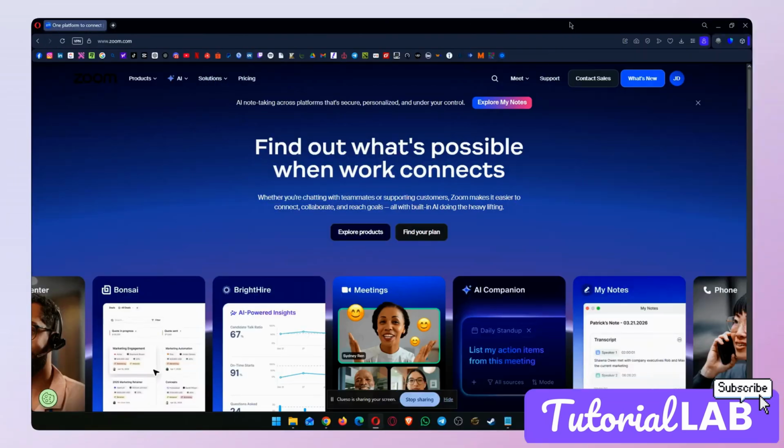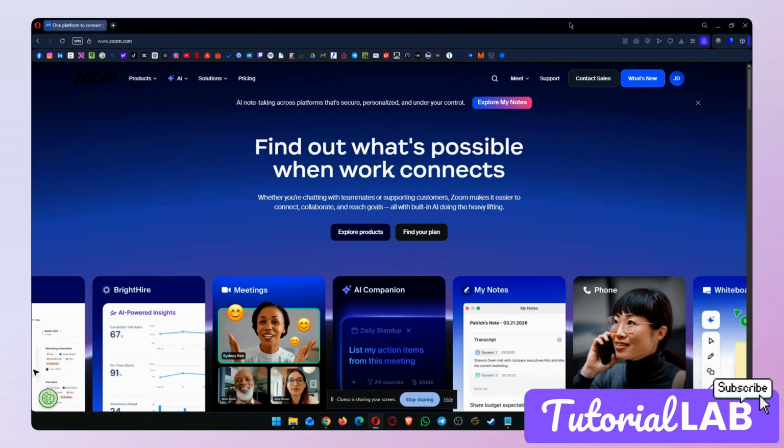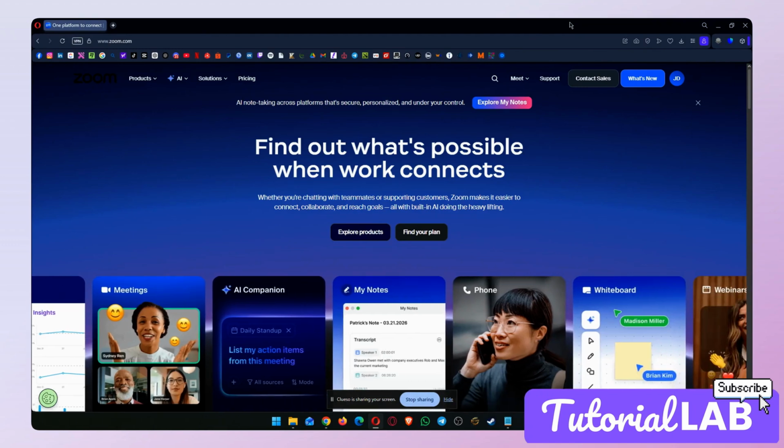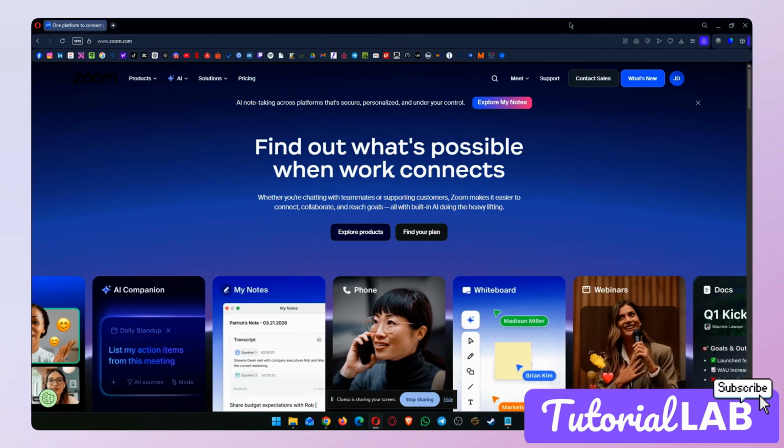Hey everyone! In today's tutorial, we will show you how to change your name in Zoom. Whether you need to update your display name for meetings, work, or school, this guide will help you do it